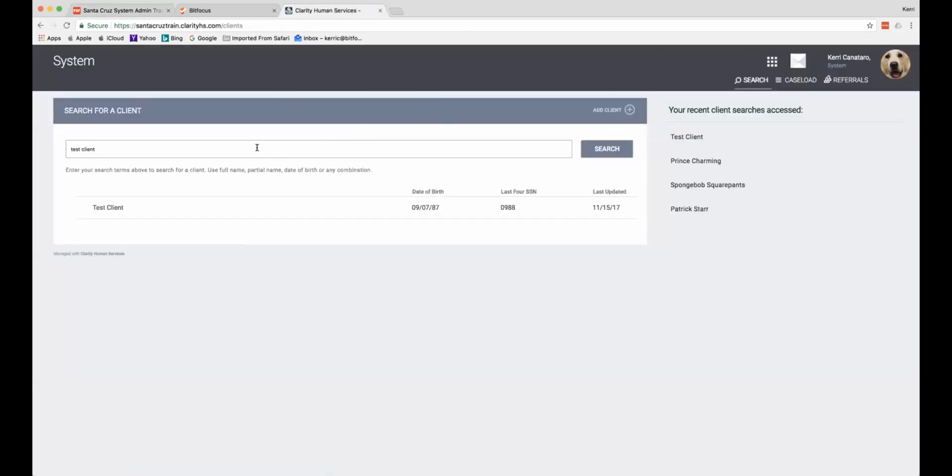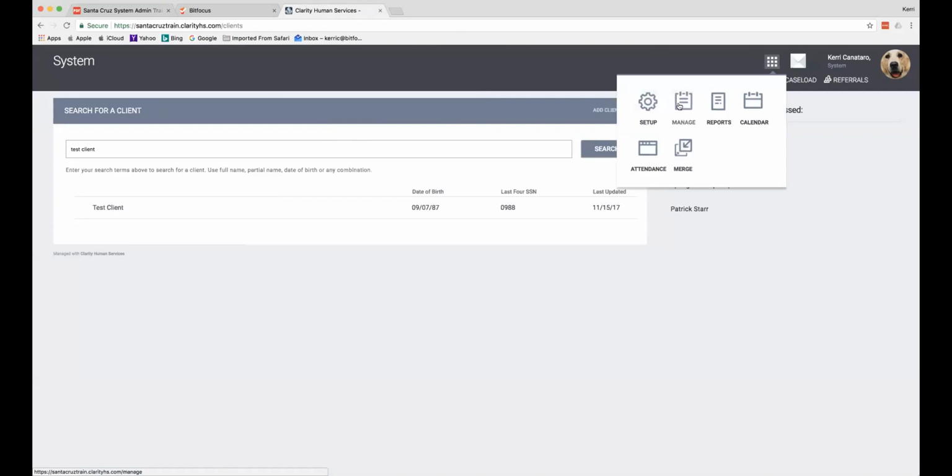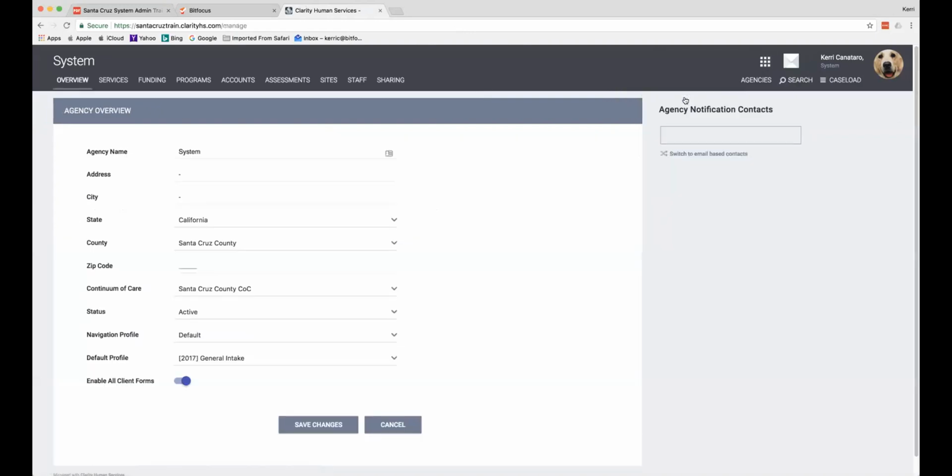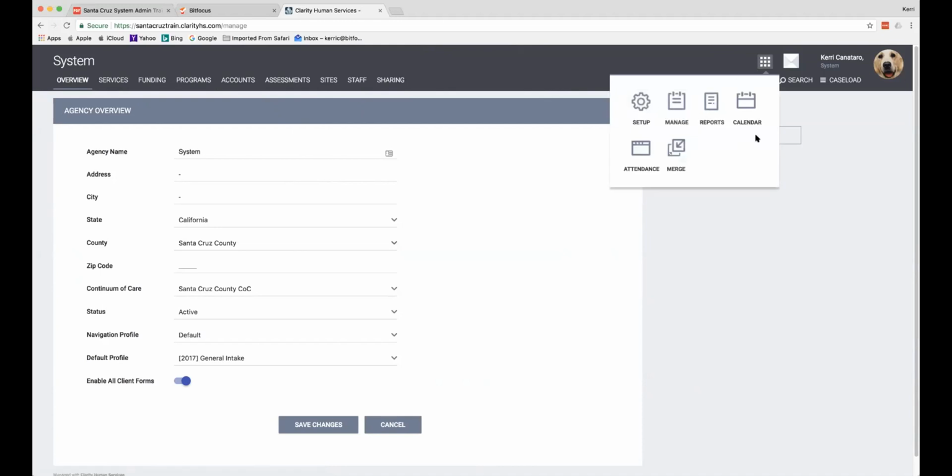So when you log in and go to the launcher, there's the Manage button. These are the items that we're going to go over today. Currently, your agency managers in their access role have Manage Agency turned on. With Manage Agency turned on, they will have access to the Overview tab, the Services tab, the Funding tab, Programs, Accounts, and Sites. System admins are the only ones with access to assessments, staff, and sharing. If Manage Agency was turned off for your agency managers, they wouldn't have access to this button, so it would look a lot like the end user